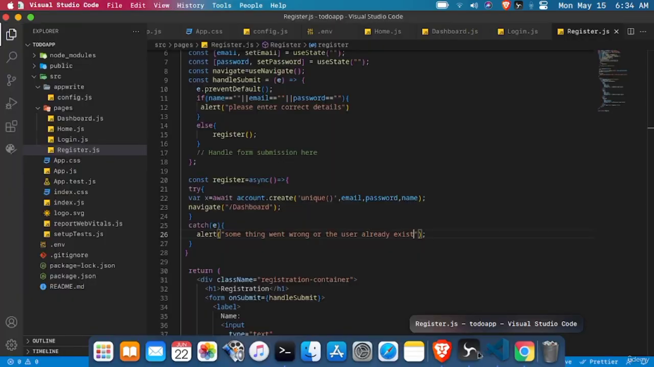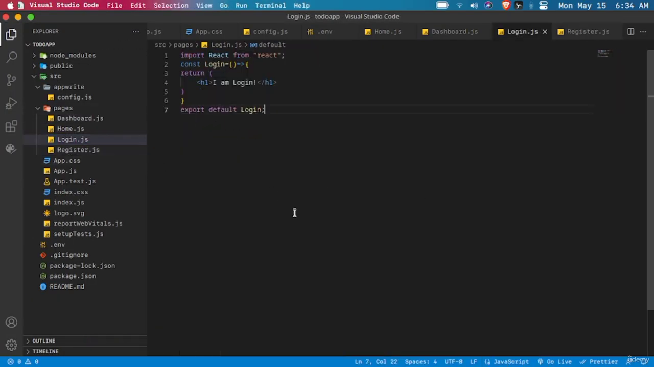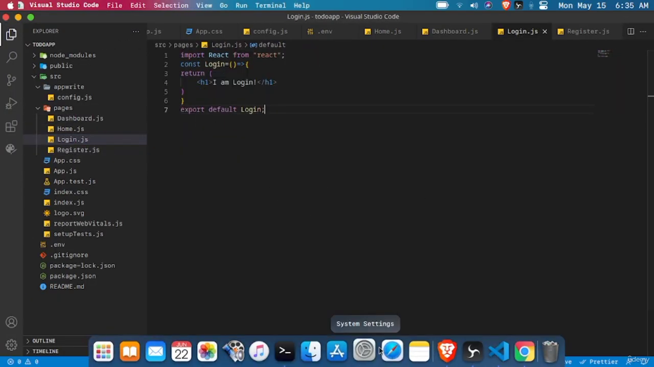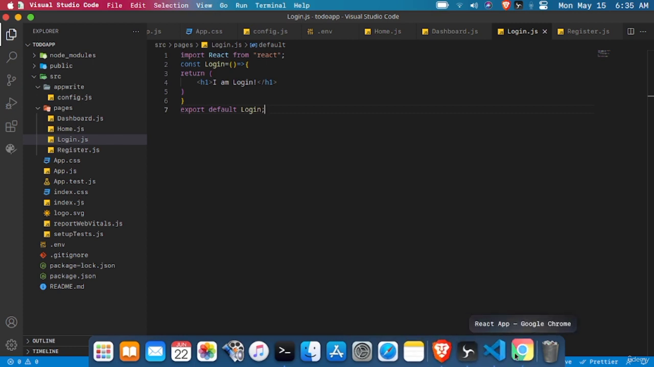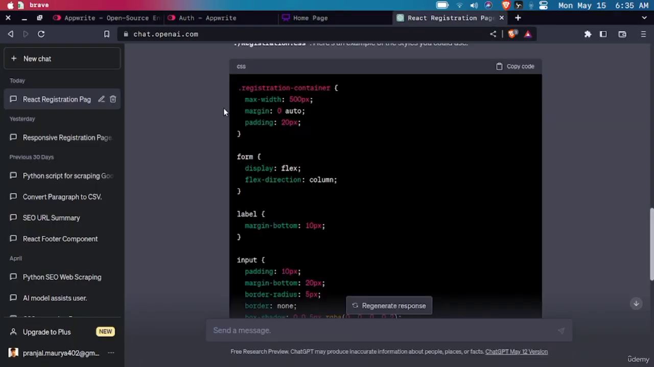We have done with the registration part. Now let's work on the login. So login. Again, for speeding things up, I am going to use ChatGPT for creating the front end. So we will call login page responsive, login page with email and password, and field with button, login button,